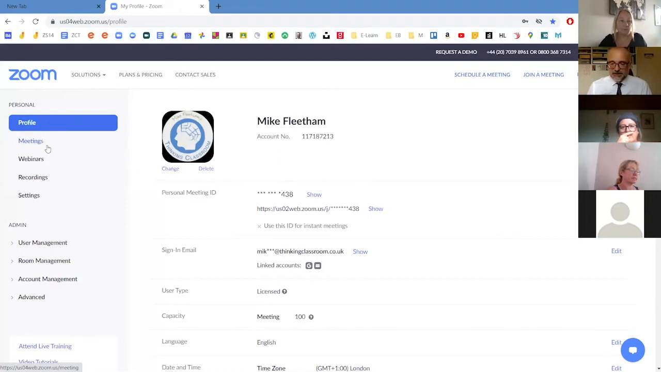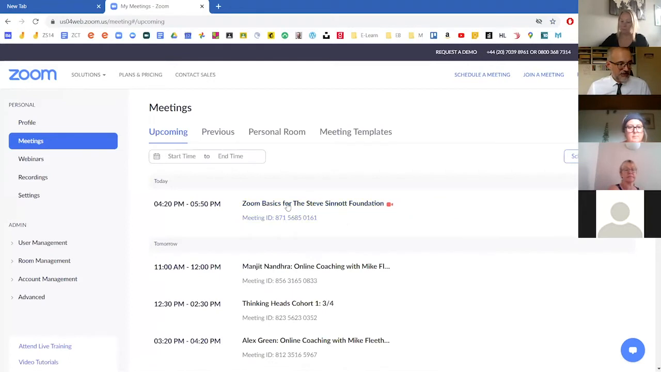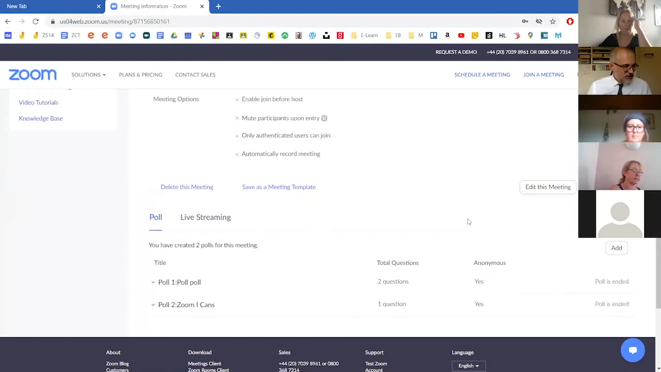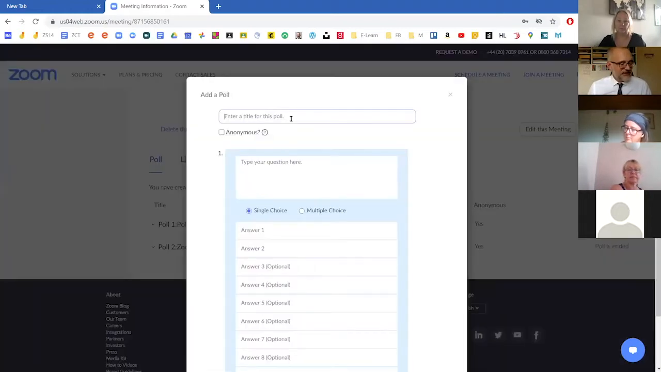So to set up a poll, you click on meetings. Now you can see here's the actual meeting we're in at the moment. So if I click on that meeting, basically you go to meetings, select the meeting you want the poll in, then you scroll all the way down to the bottom, and you can see there's 2 polls I've already set up there. And rather unsurprisingly, all you need to do is click add,